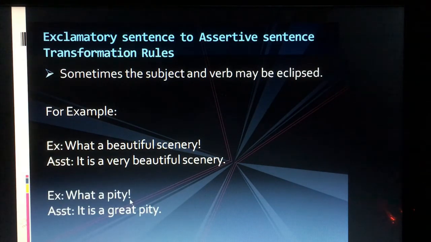Okay, see the next one, what a pity. As we know, there is no accurate verb or subject. So what we will do, we will do the same. It is a great pity. Instead of very, we will use great here. Okay, next one,